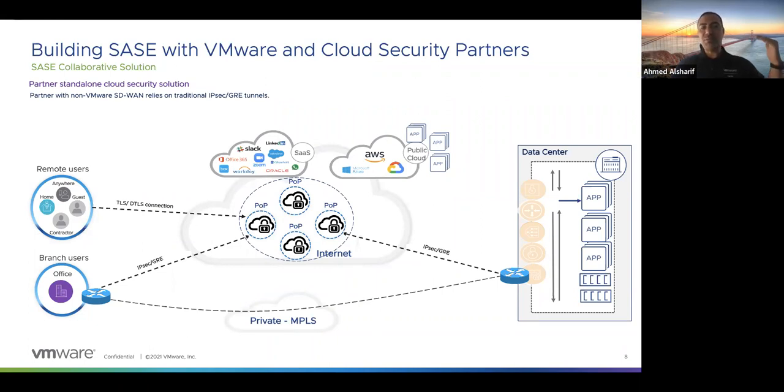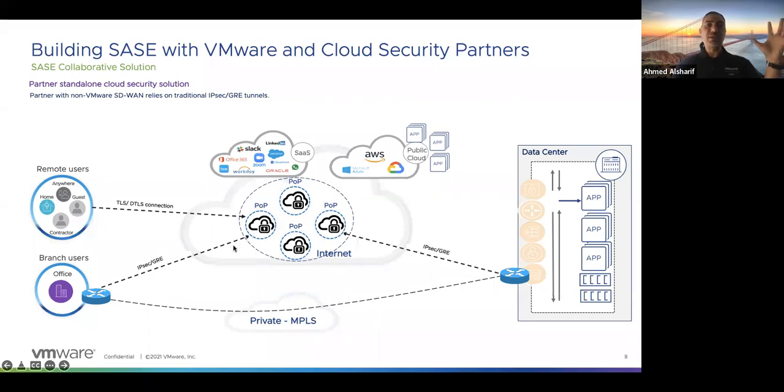We do have SD-WAN, we did have all of the security component. But the providers who provide security in the past, before 2019, they have it in the cloud like this. And they ask the customers, if you want to connect to my POP for the security, you come to me as a DTLS or TLS session from the users, that's the only option. Or you come with an IPsec tunnel or GRE from the SD-WAN router. Even if this is an SD-WAN router, you are still coming over an IPsec tunnel.